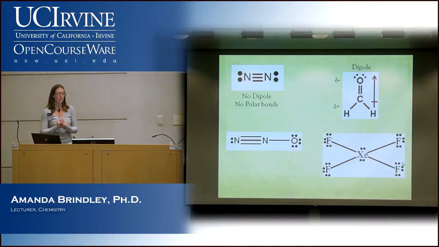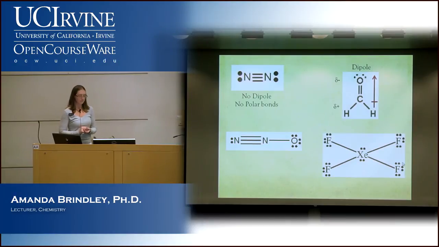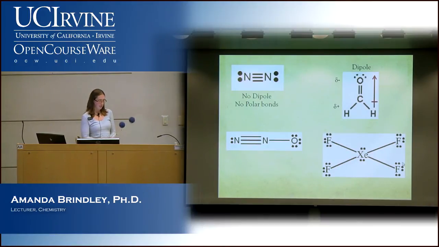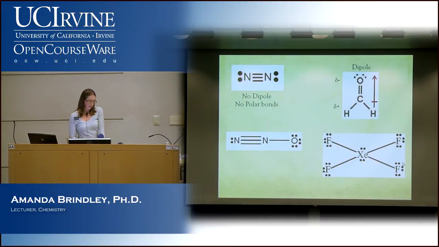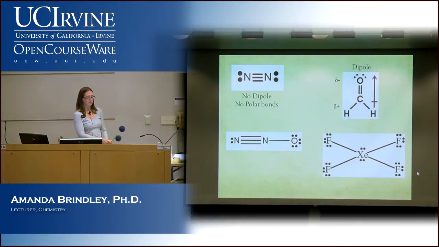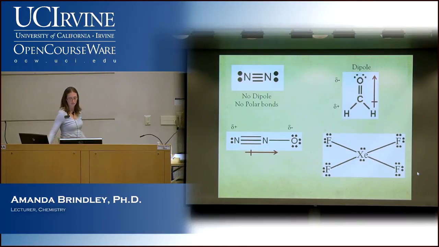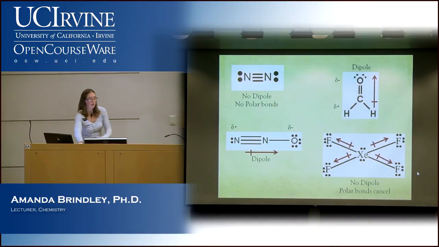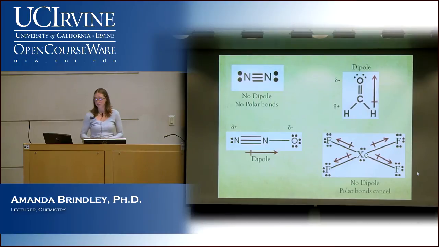So first of all, are there polar bonds? All of them, right? Does it have a dipole? No, they all cancel, right? It's the same kind of example where we have them all directly across from each other. The 2 that are this way cancel, and the 2 that are this way cancel. So anything where we don't cancel out all of the dipoles or polar bonds, where they aren't directly across from each other, those ones have a dipole. The other ones don't.